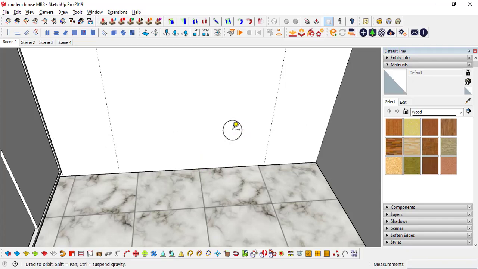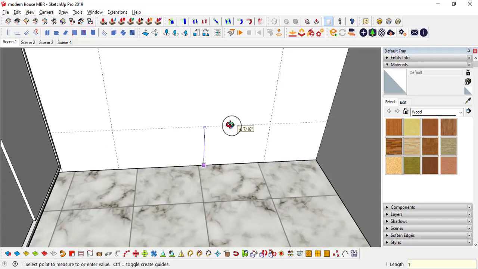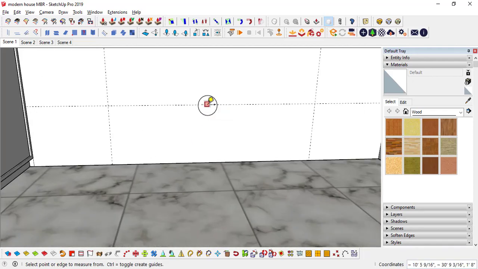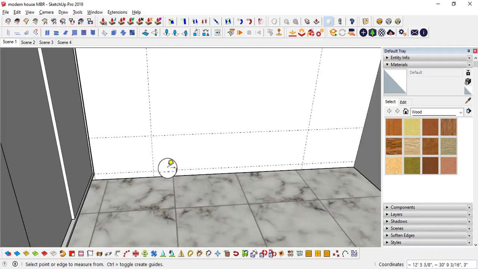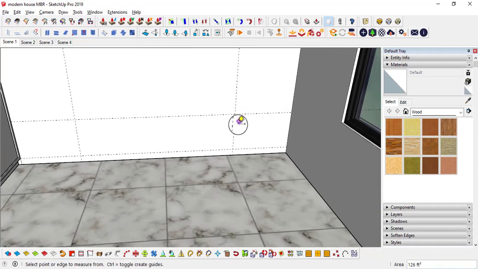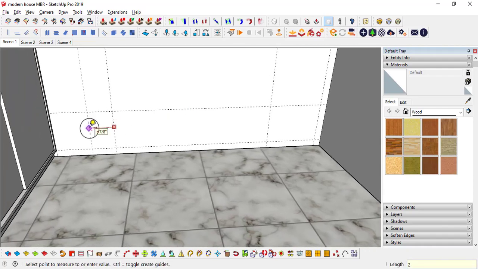That would be the maximum, so I'm giving 1 foot 8 inches. Then after, in this direction 1 foot 5 inches. 3 feet, like the same skirting, we need to leave this 3 feet. And in this direction 2 feet, and here 2 feet.